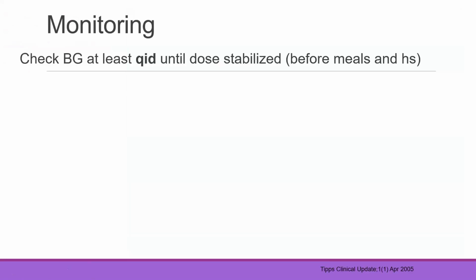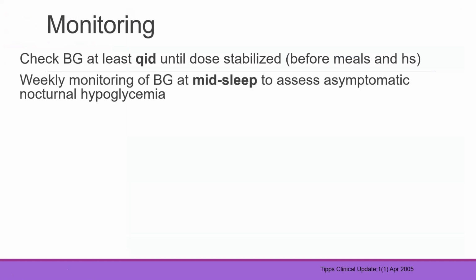How can we monitor? We have to check the blood glucose at least 4 times in a day until the dose is stabilized, before meals and at bedtime. You have to monitor weekly. It is always better to monitor the 3 a.m. value so that